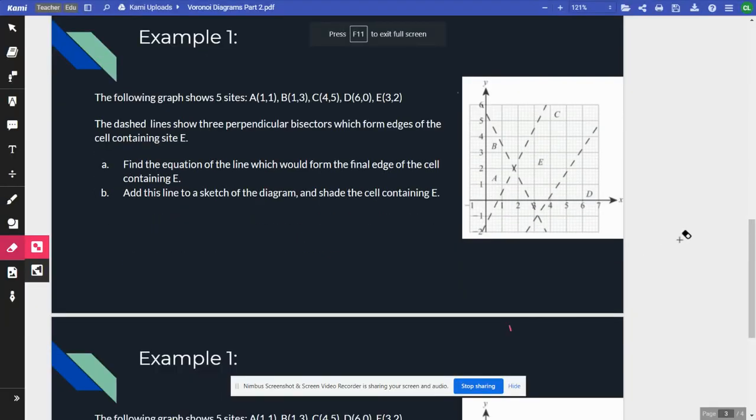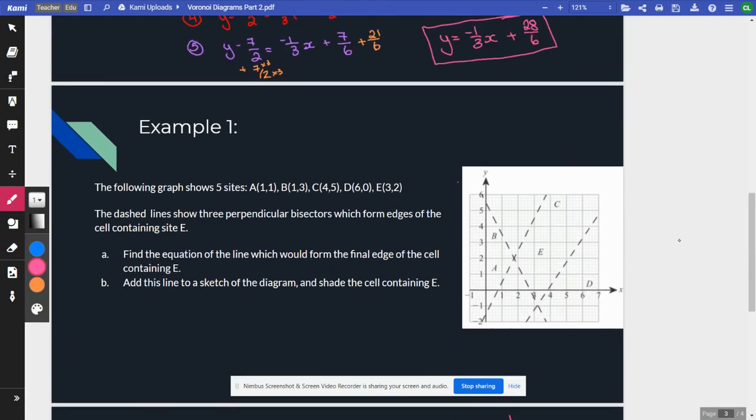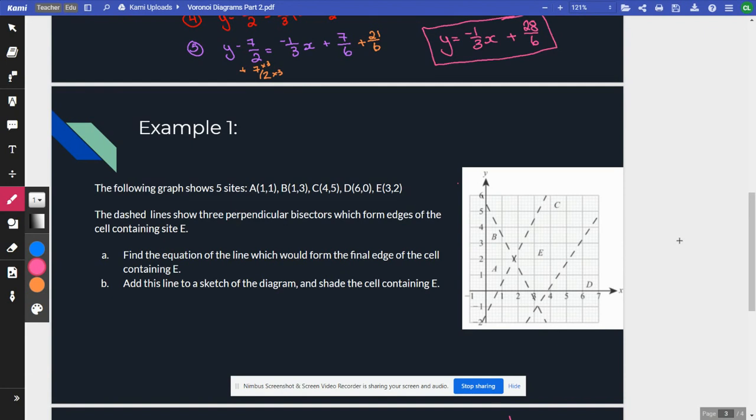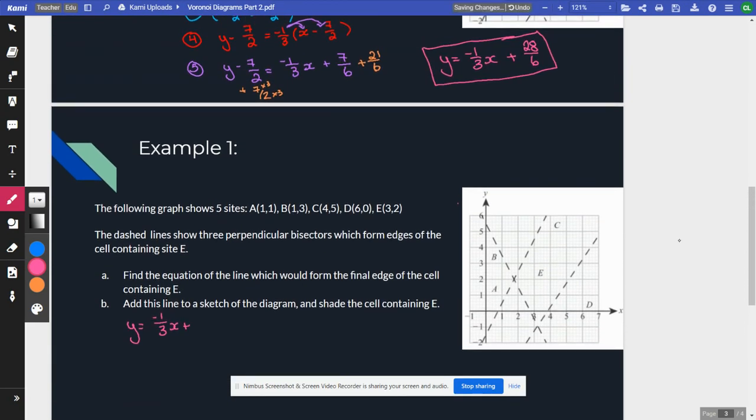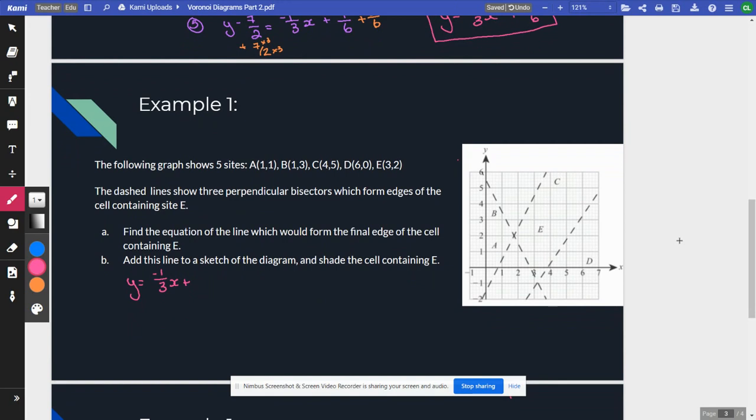So now it wants us to graph the line that we found in the previous example. So if you remember, it was y equals negative 1/3 x plus 28/6. So I'm going to try to simplify this a little bit. So we're going to y equals negative 1/3 x plus, both of those lovely things are divisible by 2. So it's going to be